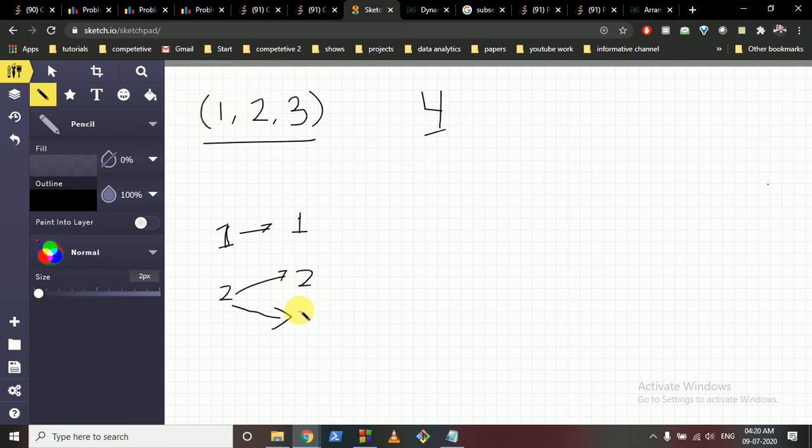So 1 is there. Now if you take a 1 rupee coin, you are left with also a 1 rupee coin. How many combinations can you take to form a 1 rupee coin? 1. So you can take one combination to form 1 rupee, and you have a 1 rupee coin more. So this is one combination, and together the answer is 2.